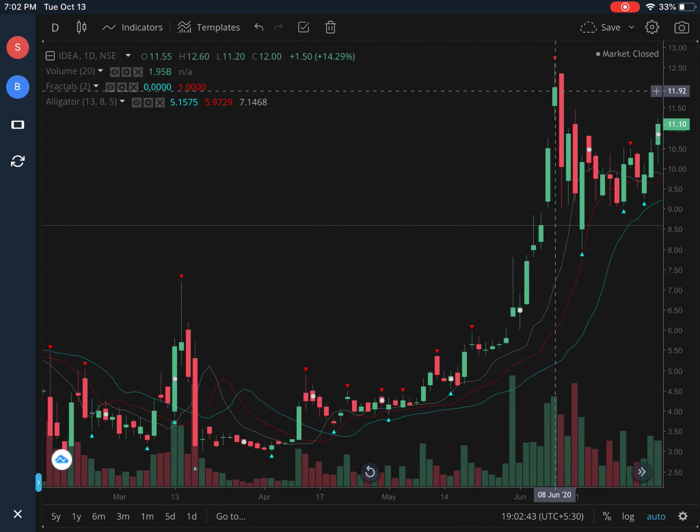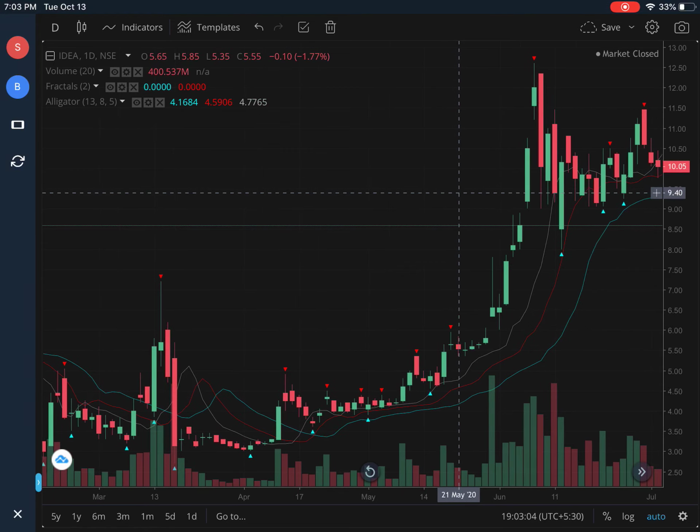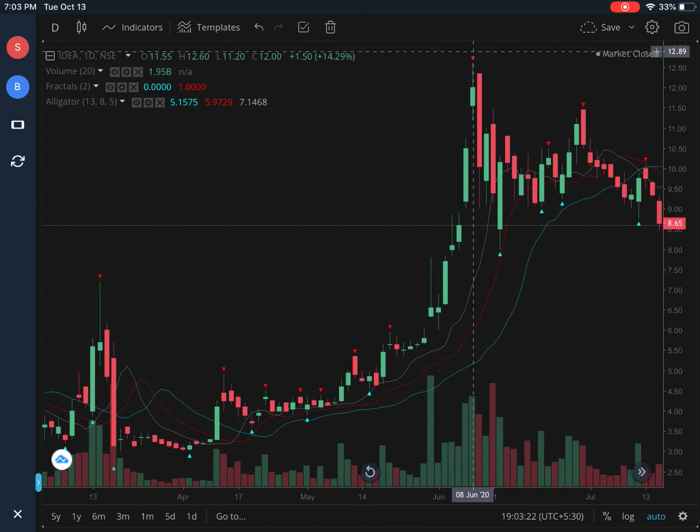And there you got a down fractal, up fractal, and that up fractal you could have exited. Okay, here you had one up fractal, that also you could have exited, and if you were satisfied with the profit of 20%, because the entry was at around 4 and the exit would have been around 6, right? But 50% profit. But since the price was above all the three lines and all the three lines were in phase. In phase means first line above the second, second line above the third, and so on. So this way you could get a good rise from 4 rupees to 12 rupees.